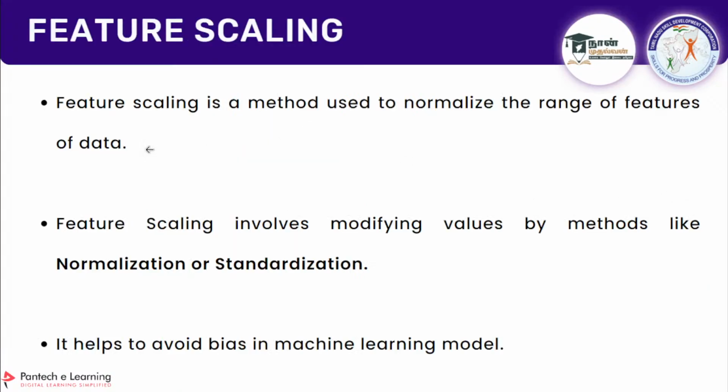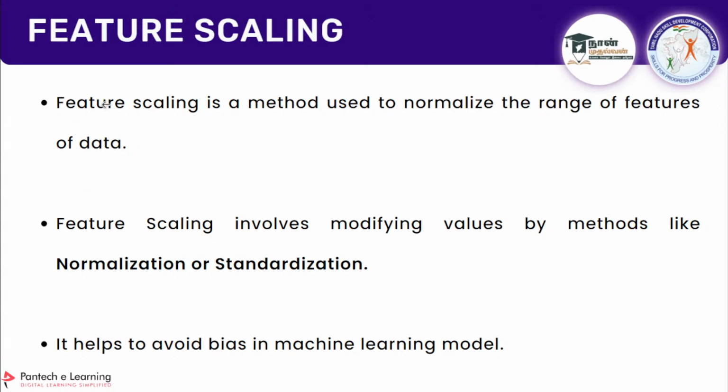So feature scaling is a method used to normalize the range of features of the data. Okay, so features is nothing but the columns. Okay, for example, we have seen the iris dataset, right? In yesterday and previous days class, we have seen the iris dataset. Okay, where we got many things like sepal length, sepal width, petal width. Those are numerical values.